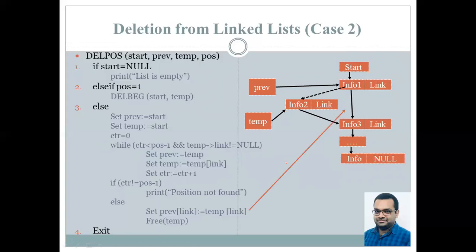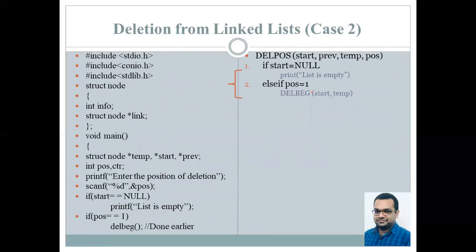So therefore the result is previous link is set to the temp link. So now you can see previous is pointing over here to the address of the first node, and as soon as we run this statement, previous link equals to temp link, temp link points to the address of the third node, and setting the value of previous link to the temp link causes the first node to point to the third node, and this link that I have shown by the dashed lines is effectively removed from our linked list. So then we run the free temp, and effectively the second node is removed from the linked list, which was the position of deletion.